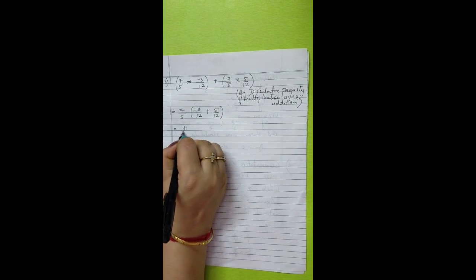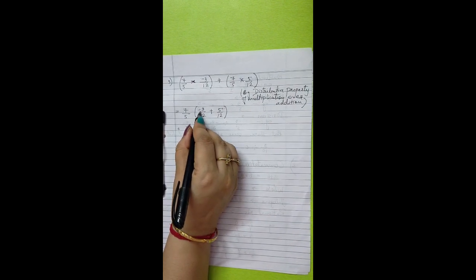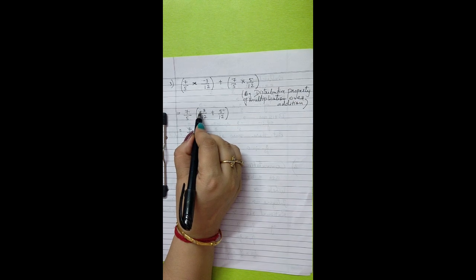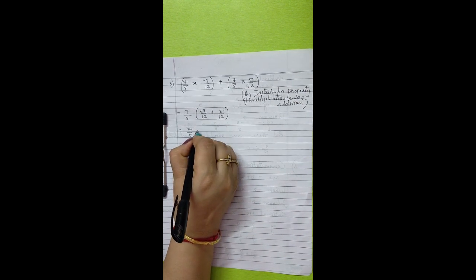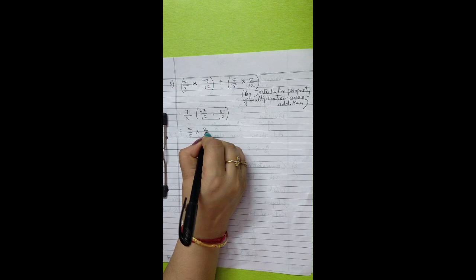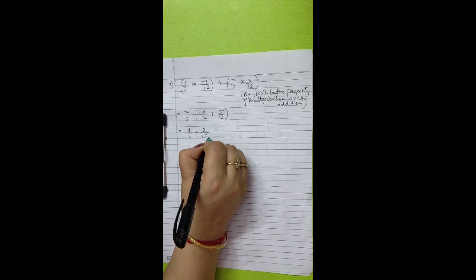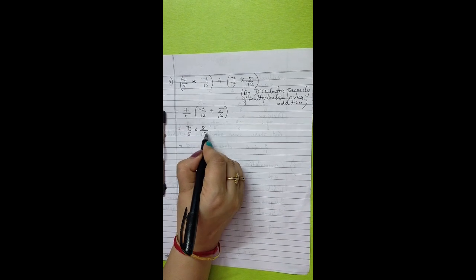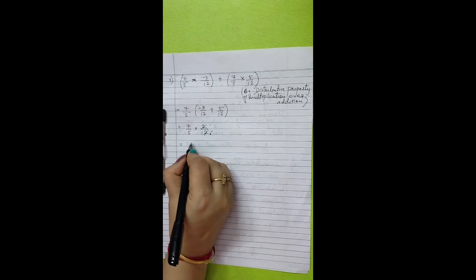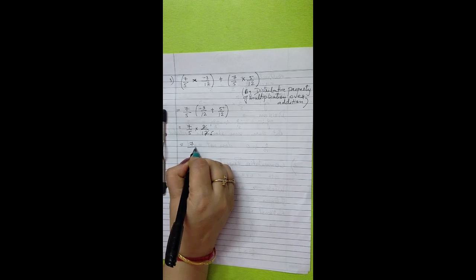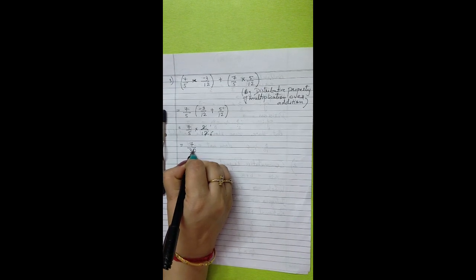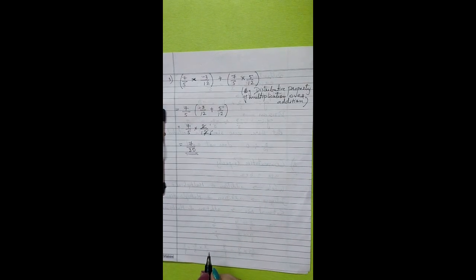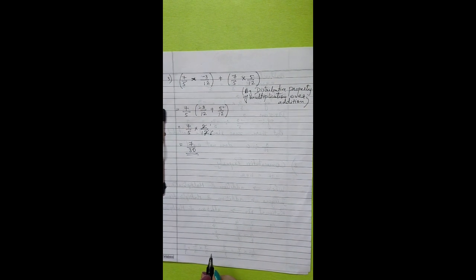Now we will be solving this bracket first. Denominators are same, so we can do the addition. So minus 3 plus 5. So minus 3 plus 5 is 2. 2 upon 12. Here we can do cutting also. This is 2 ones are 2 and 2 sixes are 12. So our final answer is 7 upon 30. Fine. Now our next example.